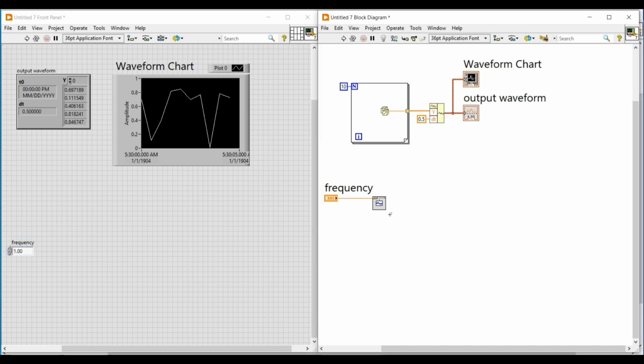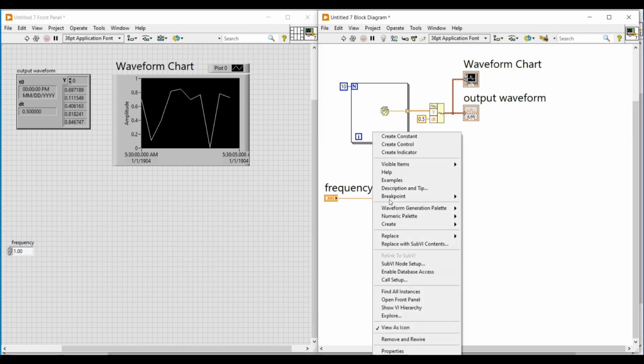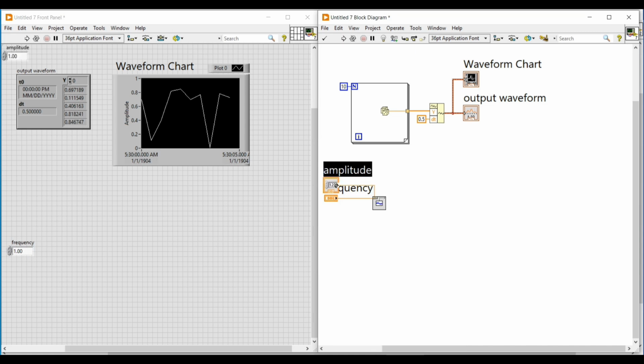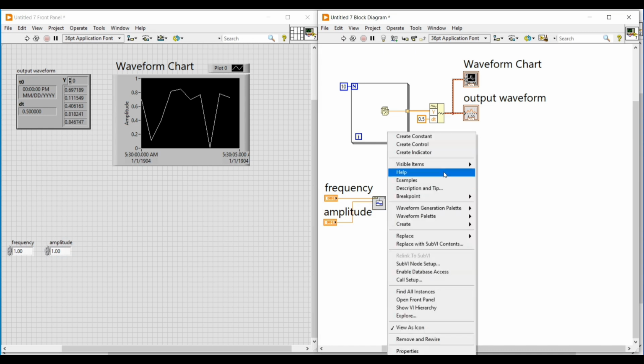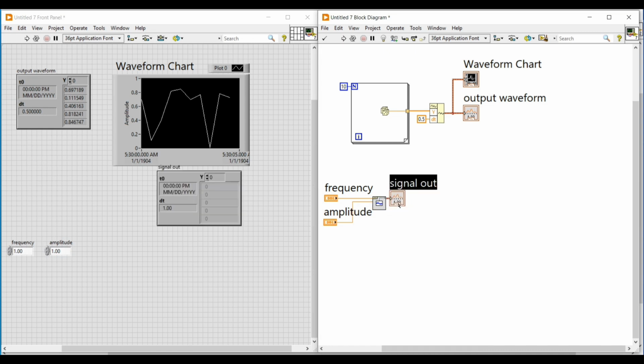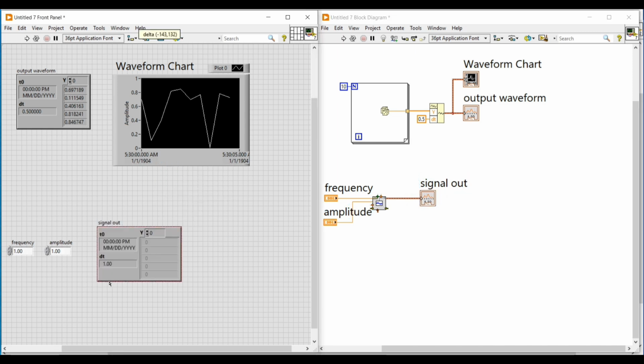Then again to the amplitude terminal of this sine waveform function also I am connecting another control, and this control will also get added on the front panel. I am dragging and placing this amplitude control nearer to the frequency control, and the input amplitude value is 1. Then on the output terminal of this sine waveform function I am connecting an indicator. So this indicator will also get added on the front panel. I am dragging and placing this indicator nearer to these 2 controls,